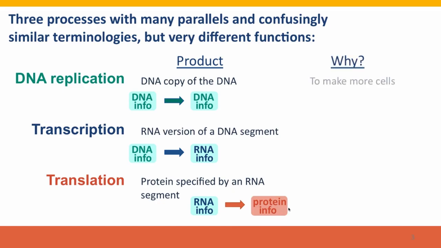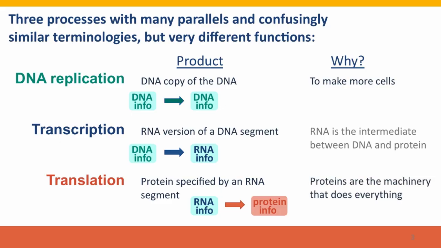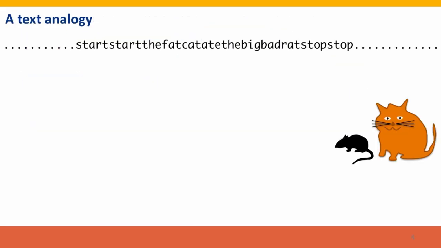Now, why do these things matter? DNA replication matters to make more cells. This is how heredity works. This is the fundamental process of heredity. Transcription produces the intermediate. For most genes, this is the limiting step that determines whether they get expressed or not. So this is where most of the regulation happens. Proteins, the products of translation, they're the machinery that gets just about everything done in the cell and thus in our bodies. So I've made a text analogy of the 3 processes